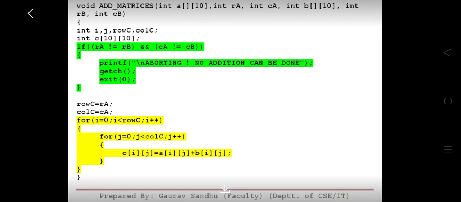Based on the first line of the program, void add_matrices is the name of the function.